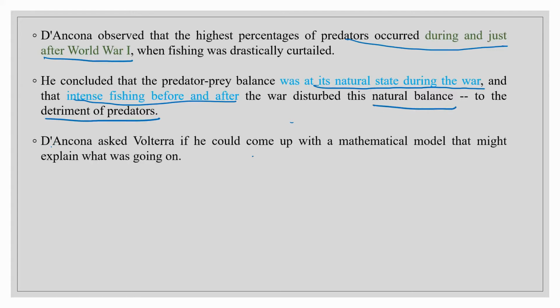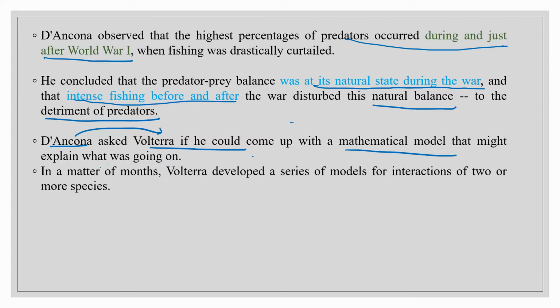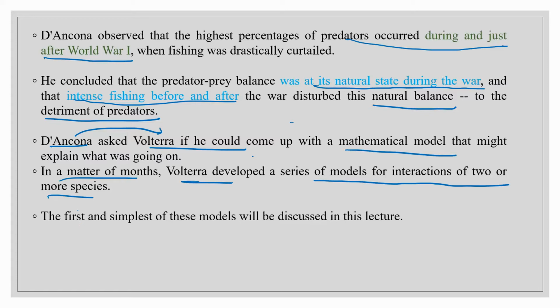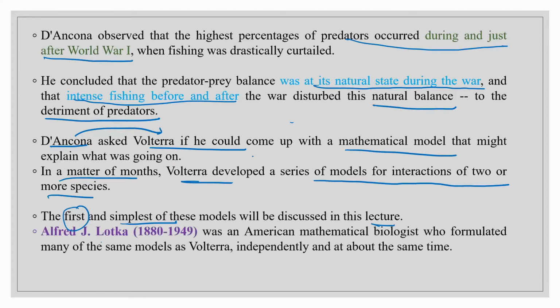Now, Ancona asked Volterra if he could come up with some mathematical model and explain what's going on. So after a few months, Volterra developed a series of models for the interaction of two or more species. So the first and the simplest of these models will be discussed in this lecture,